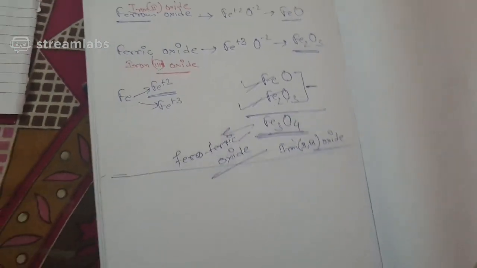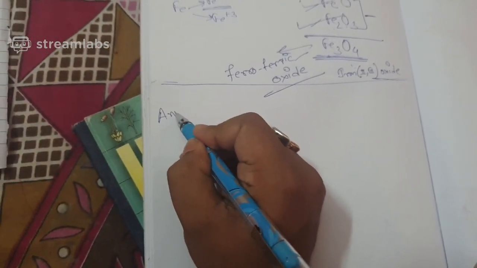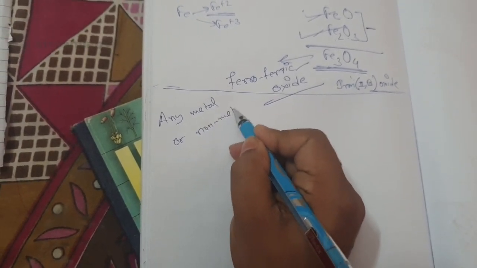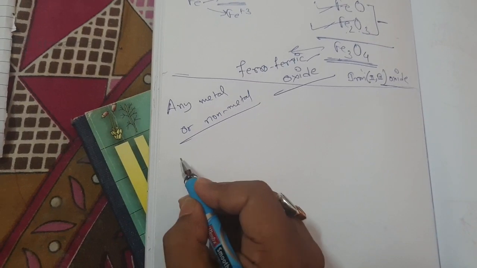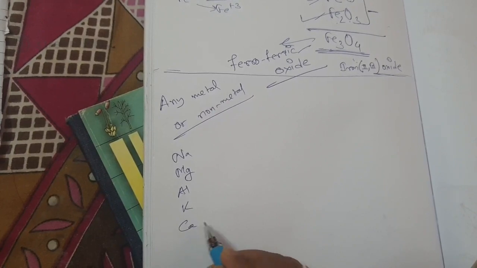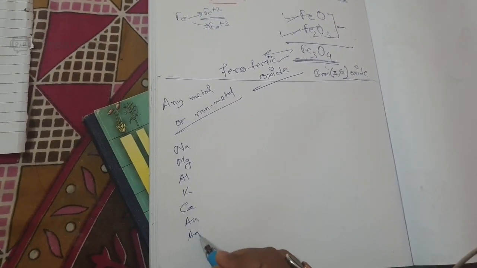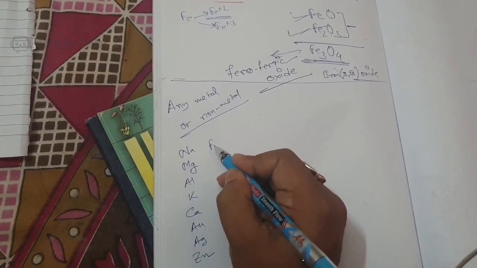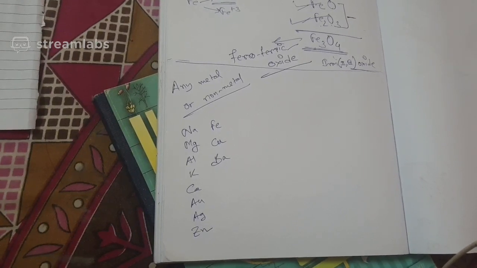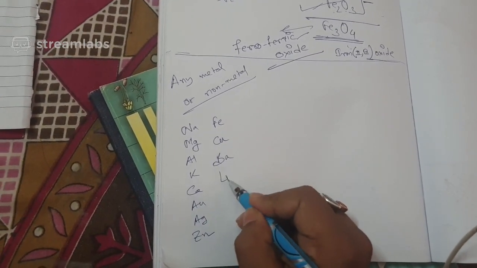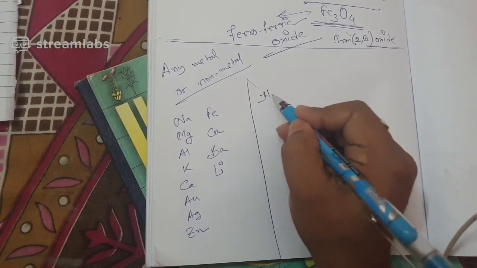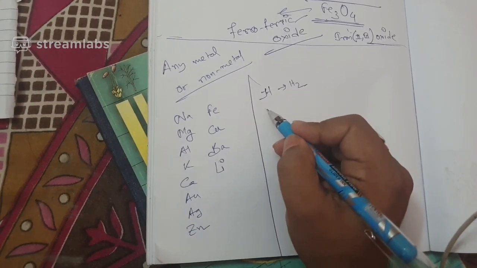You see, any metal or non-metal. So what are the examples of metals? Examples of metals are sodium, magnesium, aluminum, potassium, calcium, gold, silver, zinc, iron, copper, barium. These are the examples of metals that we come across. Lithium. And the examples of non-metals which we come across are hydrogen, written as H2,